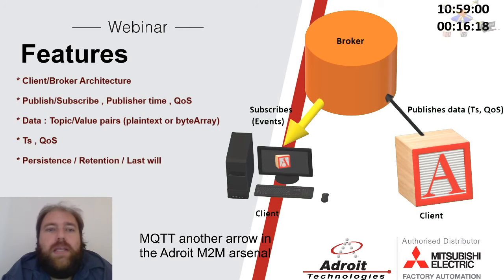Okay. So back to publishing and subscribing. Publishing and quality of service. All right. The data that is being passed on the MQTT system is very nice. It's a topic value pair, which can be plain text or byte array, and I've seen some features where they're talking about JSON and a couple of other things. So I think this will be expanded going forward, but with a byte array, you can squish anything in there. Sizing wise,